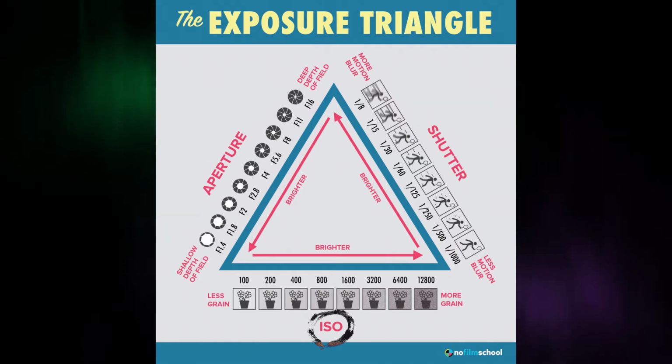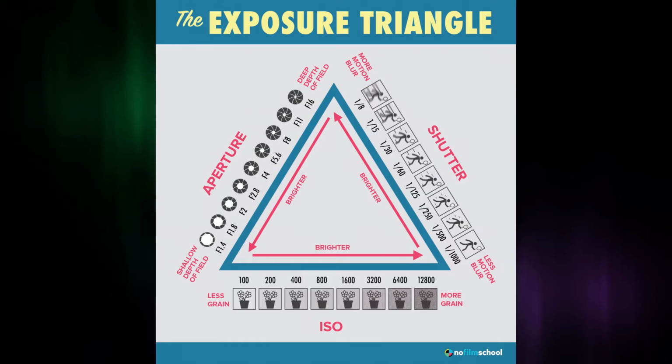The first setting is ISO. ISO is a measurement of how sensitive your sensor is to light. So a lower ISO, you're going to have a darker image. The higher the ISO, you're going to have a brighter image. The issue though is if you go too high in ISO, you can introduce unwanted grain into your image, making it look very muddy and grainy. Don't want that. You typically want to keep the ISO as low as possible. As I said before, you're going to introduce grain if you go too high, so keep the ISO at a